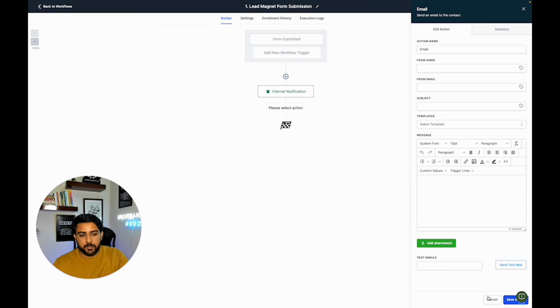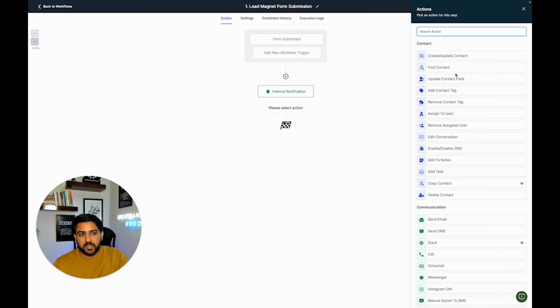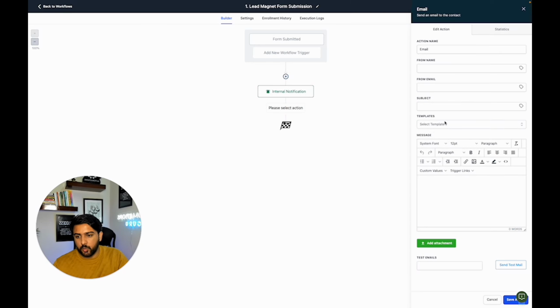So the next step is we basically need to send emails to our contacts. So I will basically click on that tag icon from the left hand side, and I will select here account name. So account name is basically the location name, and the location name is basically your account name, like your business name. So I just select from name is location name,